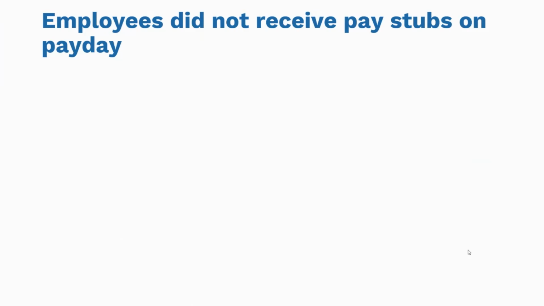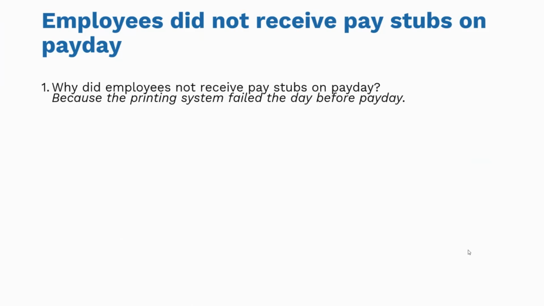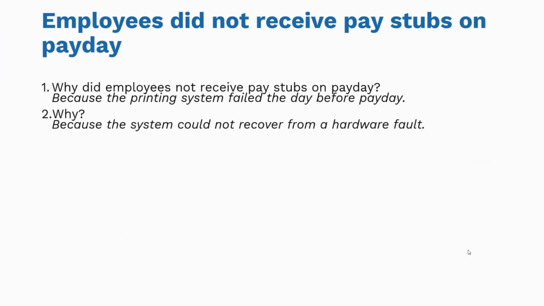So the reason is that these kind of problems surface usually from a very, very small cause. Okay, right? So now let us see how we address this. So the question is why they did not receive the pay, right? Pay intimation or pay stub it is called, before the payday. The first of every month is the payday. So here, one reason is because the printing system has failed. Okay. So then, if you say the printing system has failed, the next question is why did it fail?